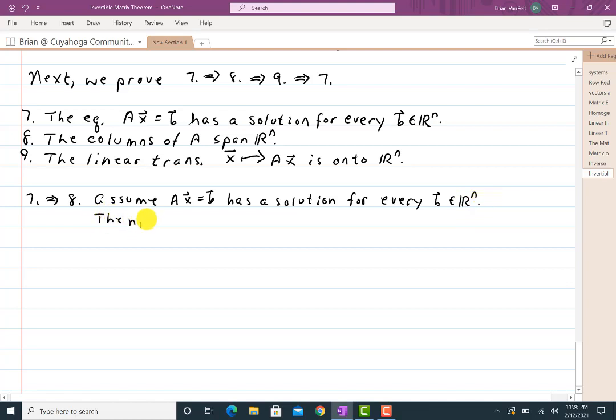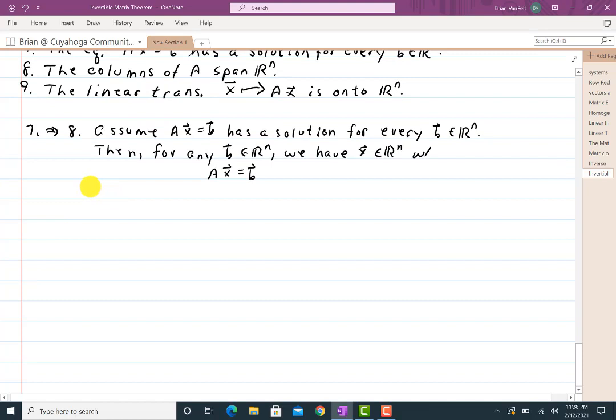Then for any B in Rn, we have X in Rn with AX equals B. Of course, I'm just restating what we have there. But recall that AX is a linear combination of the columns